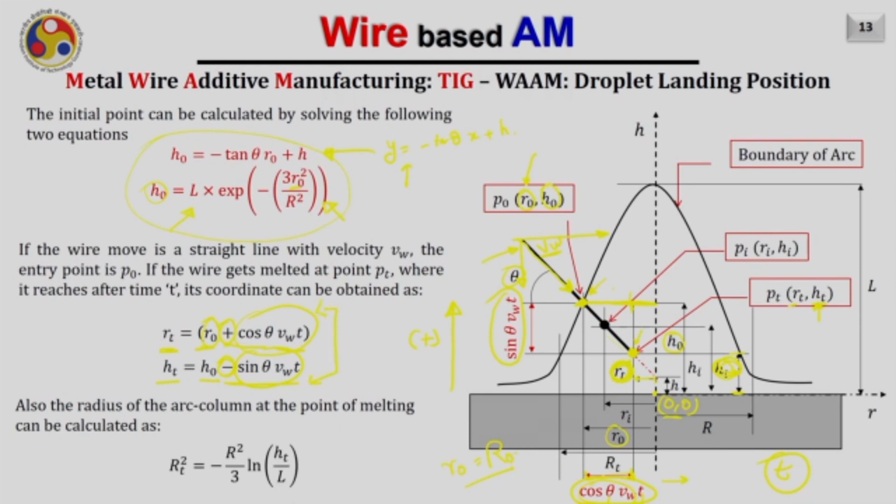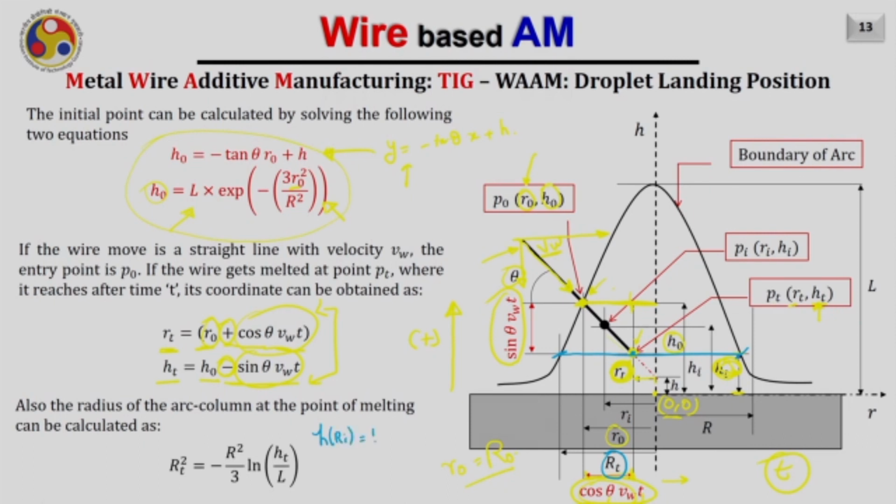Now what will be the radius of the arc at which the wire is melting? So the wire is getting melted at this location. Now our objective is, at this location, what will be the arc's profile. So the cross section of the arc, if you take, this is the cross section of the arc at this location, and in that case the radius of the arc, defined by capital RT, can be easily obtained from the boundary curve of the arc, and we know that the boundary curve of the arc is nothing but